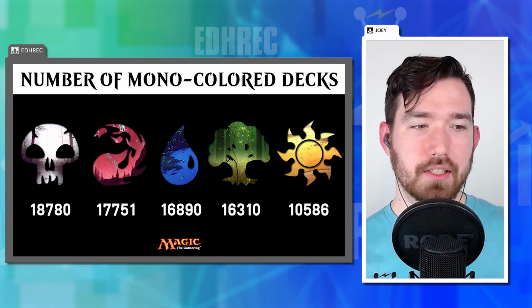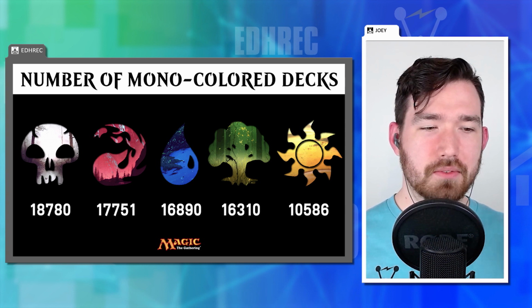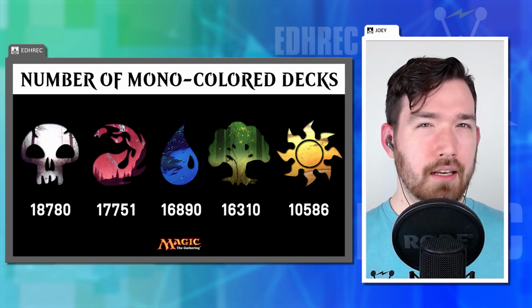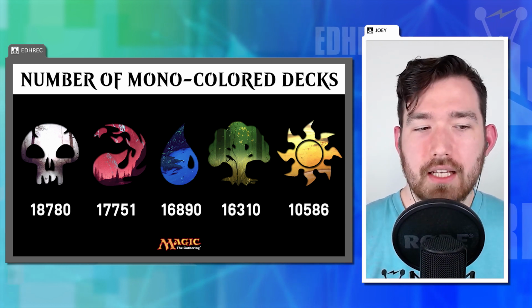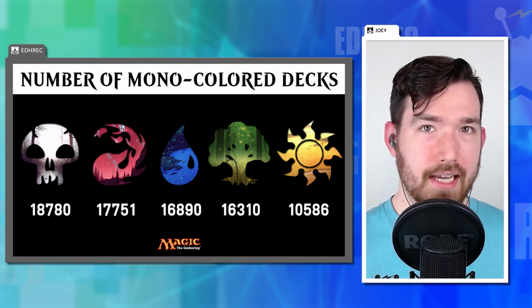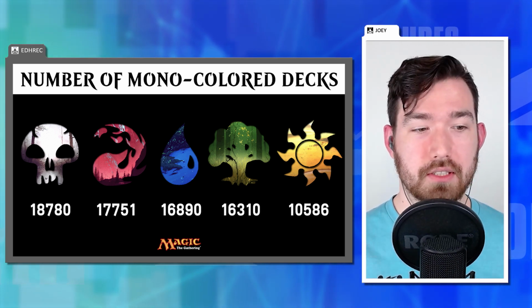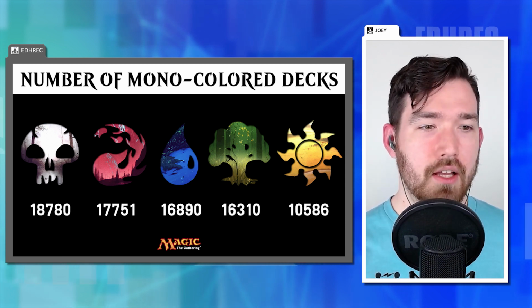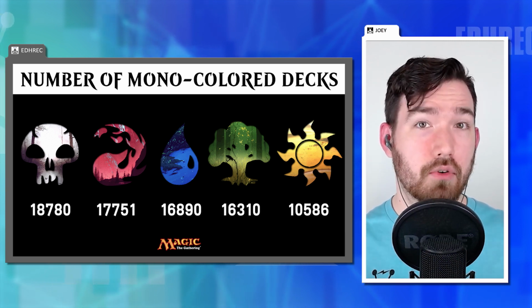It's kind of interesting actually to look through these because, a bunch of these colors, if you draw a line at, let's say, 1,000 decks, for example, it doesn't quite line up with where we're seeing the colors fall. For example, green has 4 commanders with over 1,000 decks to their name, whereas black actually only has 3 commanders with over 1,000 decks to their name. And red has 2 commanders with over 1,000 decks to their name. So it's kind of interesting to see where the weight of the popularity is shifted among the